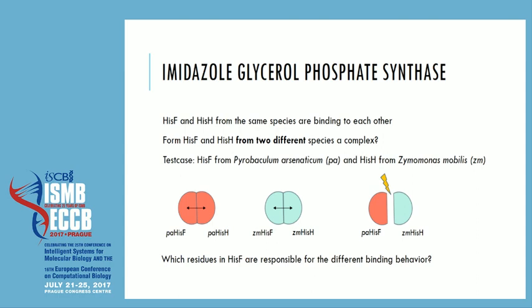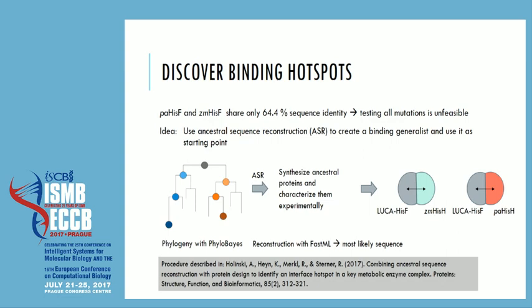So we now want to address the question, which residues in HisF are responsible for the different binding behavior? So we want to discover the binding hotspots. As we compare PA HisF and ZM HisF, we have seen that they share only 64.4% sequence identity, and so testing all these mutations is unfeasible. So we got the idea to use ancestral sequence reconstruction, short ASR, to create a binding generalist